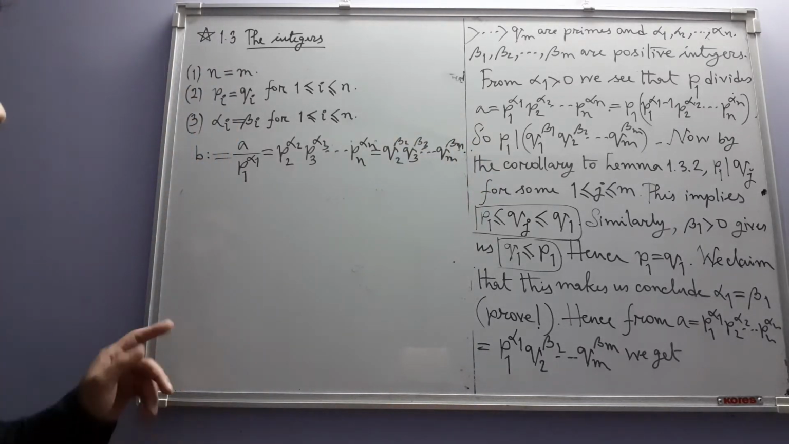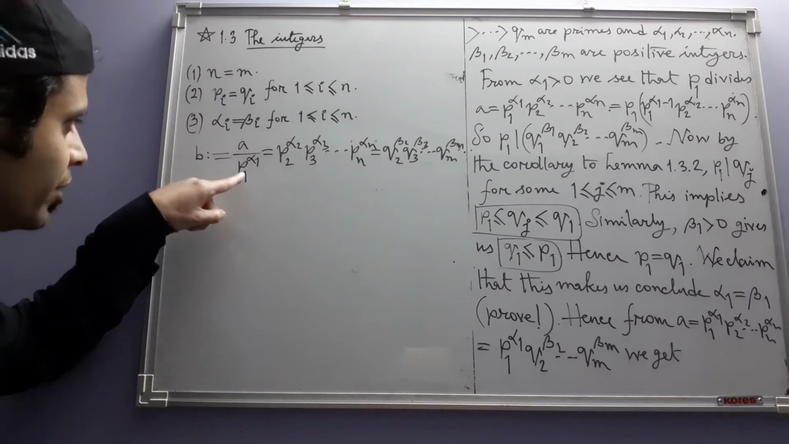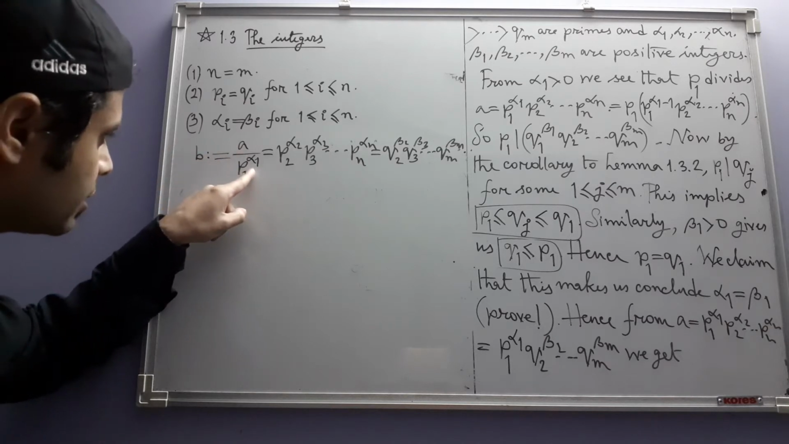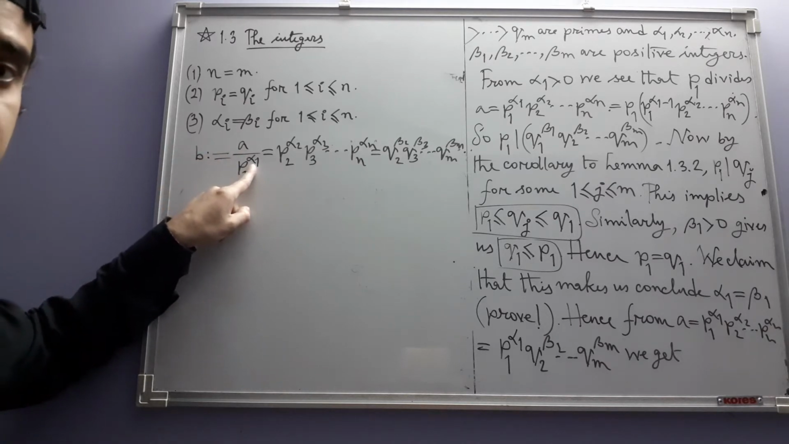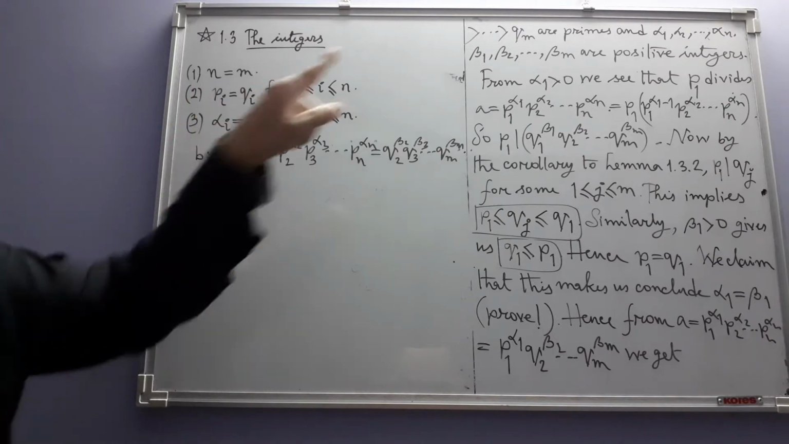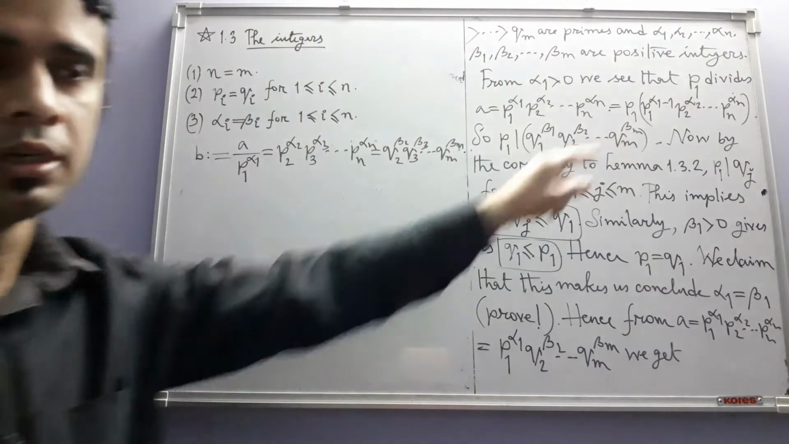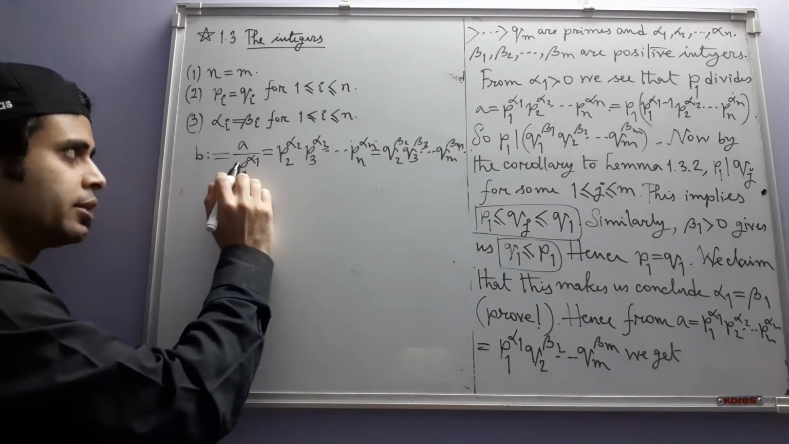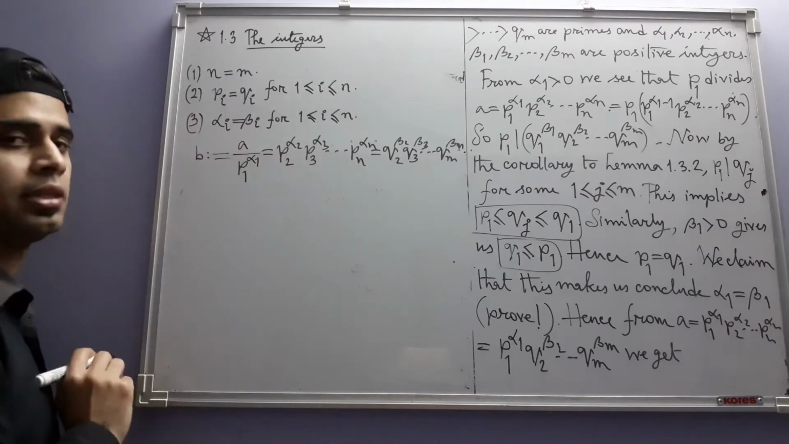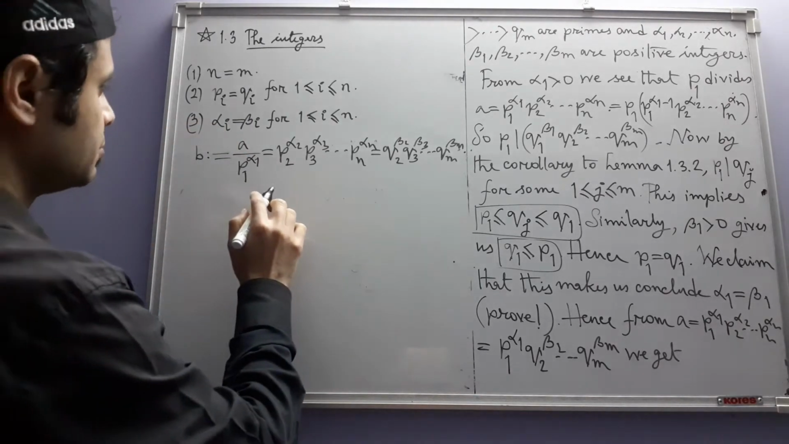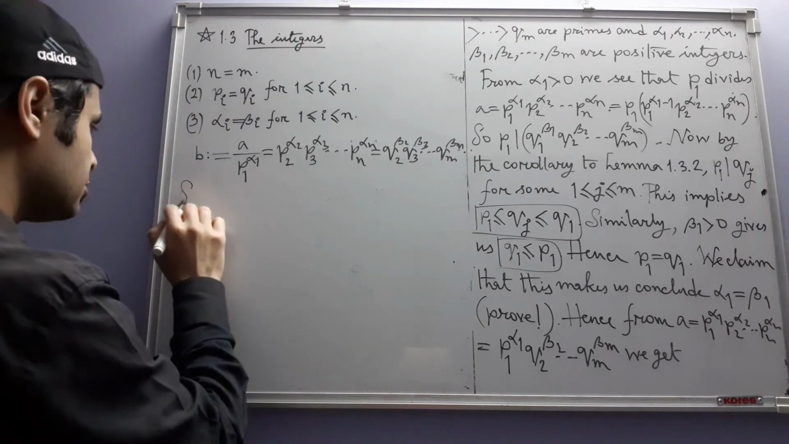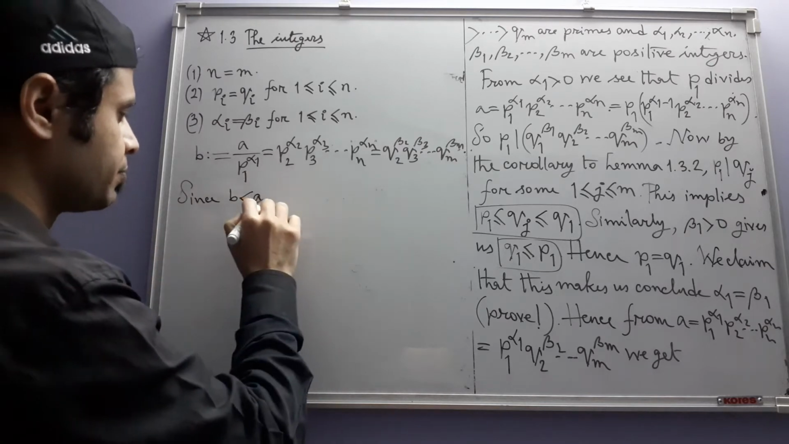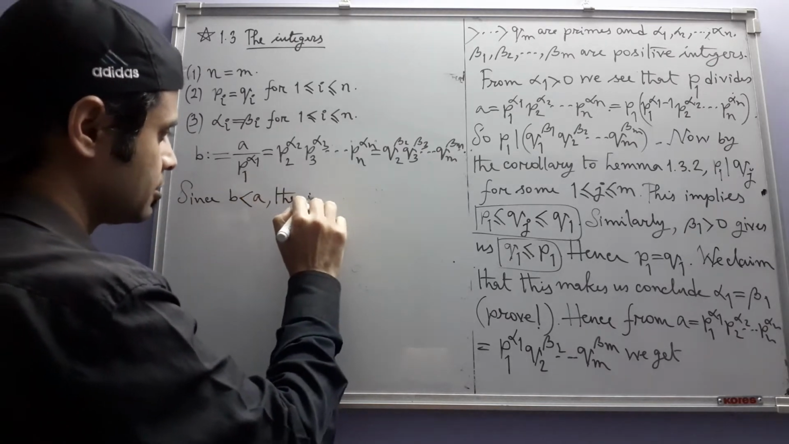Okay, now look at this. Since P1 to the power alpha 1 is after all greater than 1, it can be 1 in only one situation when alpha 1 is 0, but alpha 1 is not 0 because alpha 1 is a positive integer. So the point here is that I am dividing by a number greater than 1. So the size of B is less than A. We get this. Since B is less than A, the induction hypothesis implies,